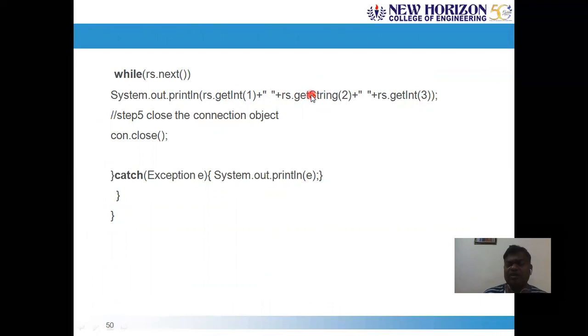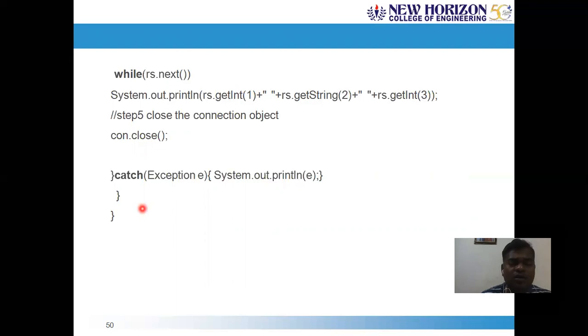Of course, it is not compulsory that you follow this order. You can write rs.getString(2) first, followed by rs.getInt(1). Any order is absolutely fine while processing the results, and of course it depends on how you are going to present the data. After that you can close the connection. Once you make a call to the close method, which closes the ResultSet object, whatever ResultSet object you obtained from the DBMS won't be available now, and the statement object will also be closed from here onwards once you execute the close connection.